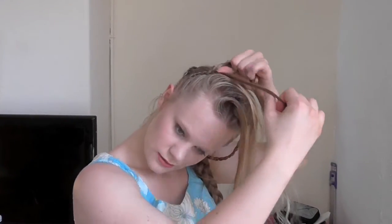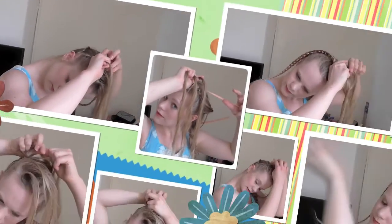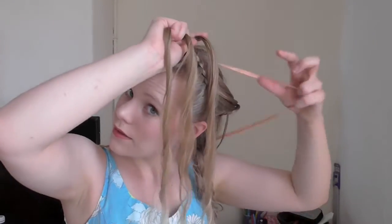You may need to use a different arm position. I can feel that my shoulders are actually hyperextended, so there is a chance that this arm position is not going to be comfortable for you. So eventually what you'll have to do is just switch the arm position over. When you do that, take all of the strands in one hand and then switch. Take this plait over and then take the ribbon,